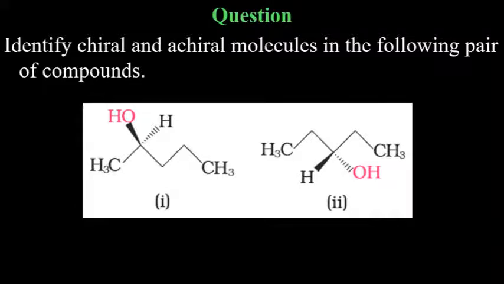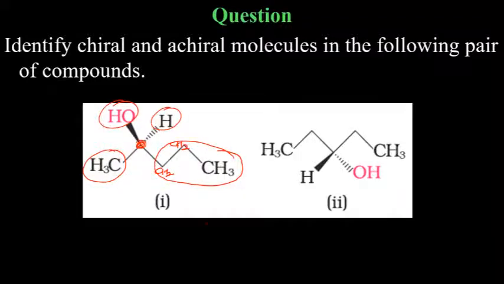So for chiral, you need to see which one has all four substituent groups different. Okay. Now there are various carbons. You have this carbon, this carbon, this carbon. Now these carbons are actually CH2, CH2. So these carbons cannot be chiral because these has two hydrogens and all should be different. So we need to consider this carbon. On this carbon, OH, CH3, hydrogen, and then propyl. This is propyl. This is actually CH2, CH2, CH3.